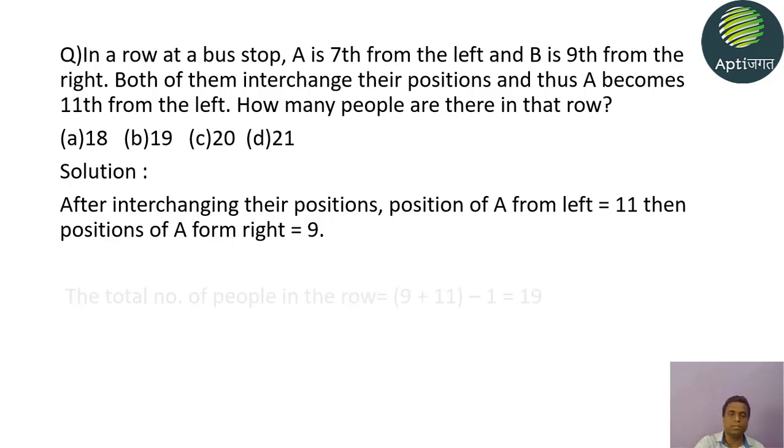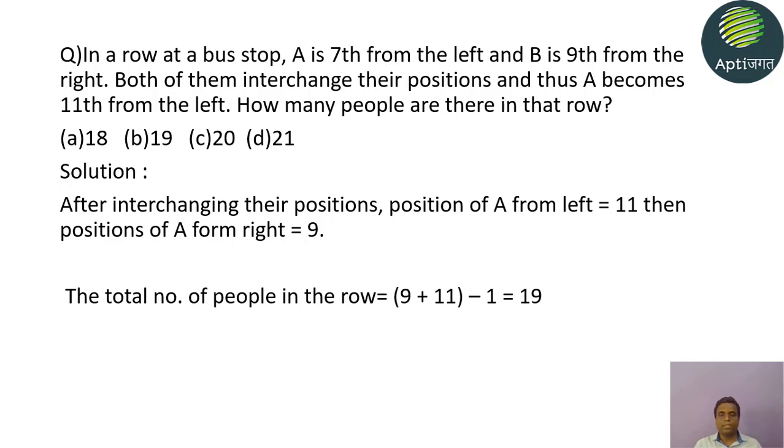See, this is the given data. We will see now the total. We have the formula: total is equal to forward rank plus reverse rank minus 1. So we will apply that formula. What is the answer? 9 plus 11 minus 1 gives 19. So option B is correct. See children, we have to remember only one formula to solve every type of problem. As I mentioned, 80% of problems are based on that single formula. If you learn it by heart, you can easily solve each and every kind of question based on ranking.